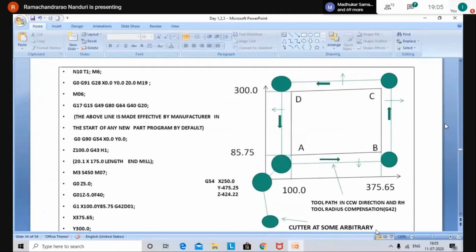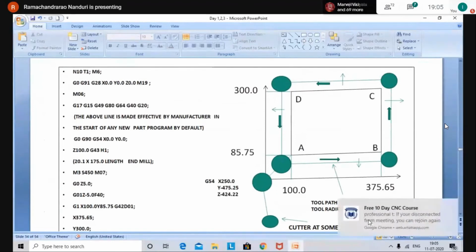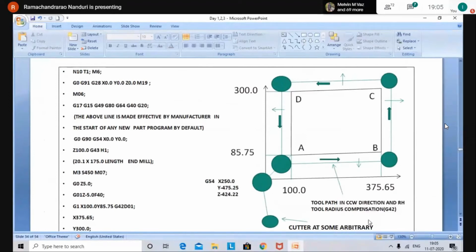Why 85.6? No, not that. I have simply selected the coordinates like that because I just wanted to show them that the coordinate values can be given in different places.